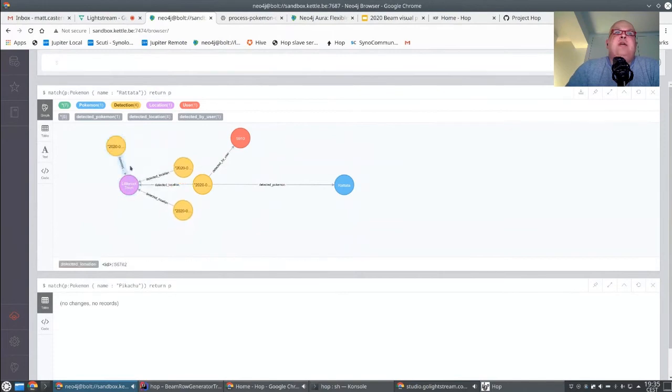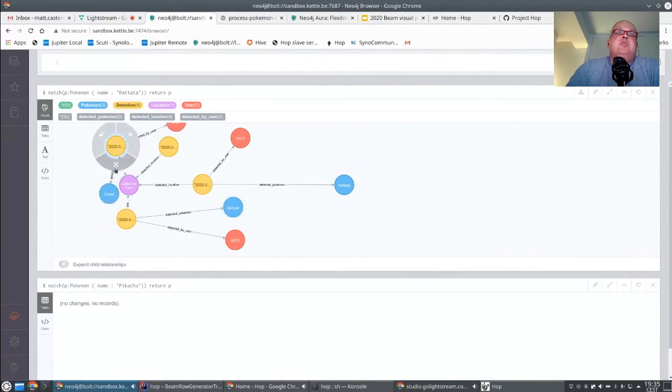And maybe there are other detections that happen in that location, and yes, there are other Pokemons. And so this is how you can explore that graph and ultimately run all sorts of algorithms on this, clustering algorithms, shortest path, and it's very interesting to see how quickly you can build complex graphs that actually really provide a lot of